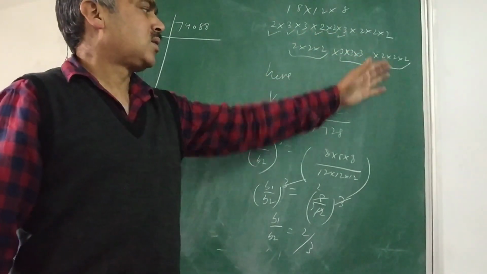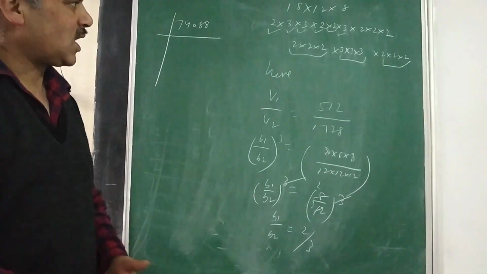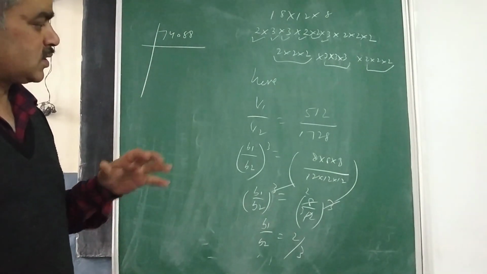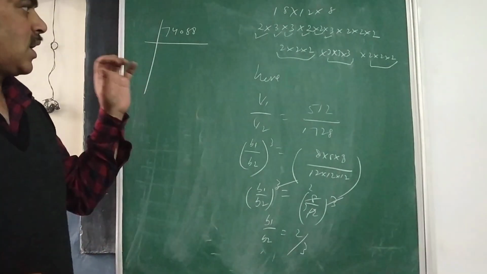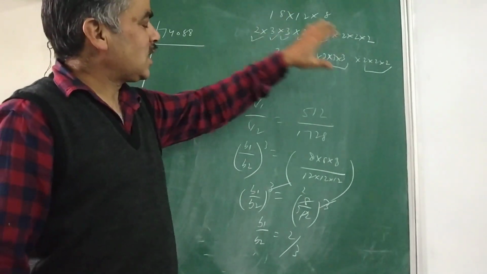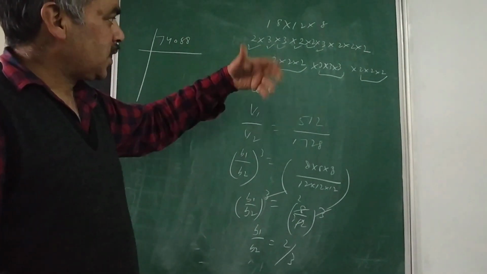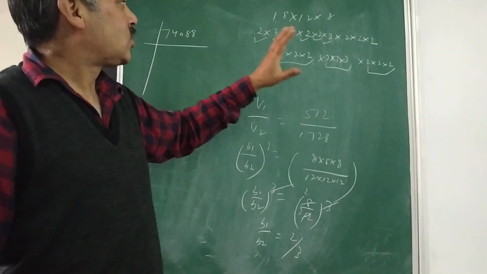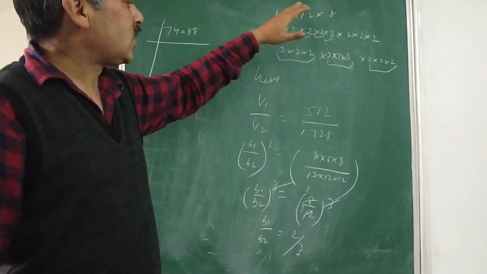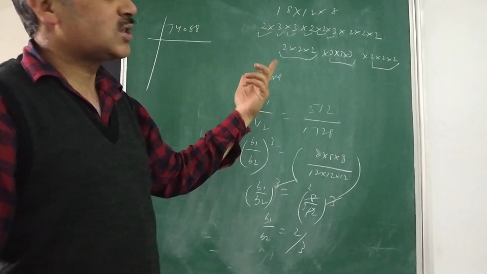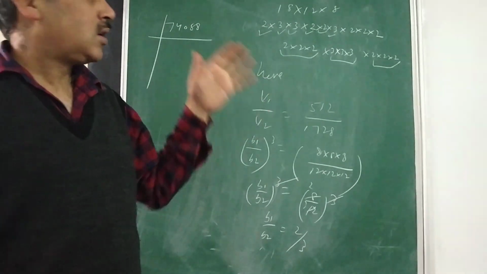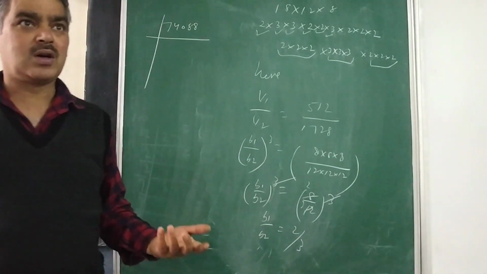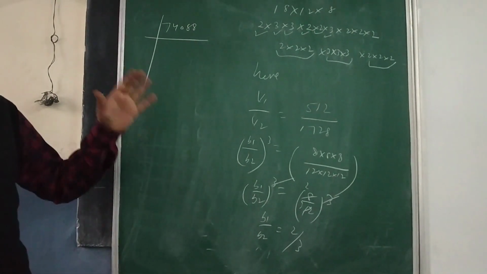Already it is lying in the form of a perfect cube, but in your book the answer is arranged as 24. Still, I will give a second thought if any other option is available to get the same. But what do I think? If anything I add to this to make it a perfect cube, 2, 3 and 2. 2 3s are 6, 2s are 12. If you multiply this, I think you will get 1728 meter cube, which itself is a perfect cube. So the cuboid's volume is lying in the form of a perfect cube. So the edge of the cube should be equal to 12. That is my point.